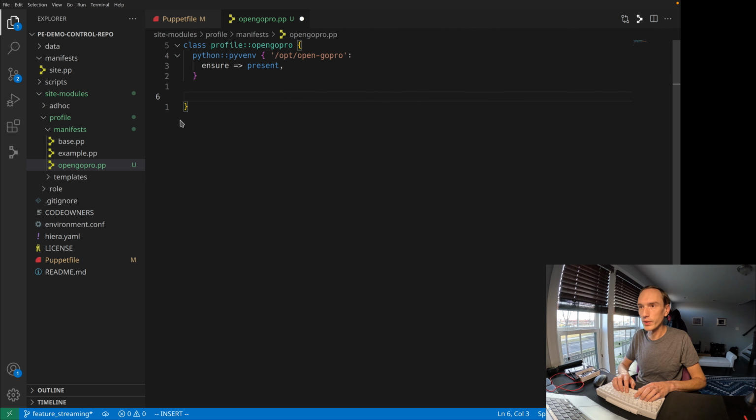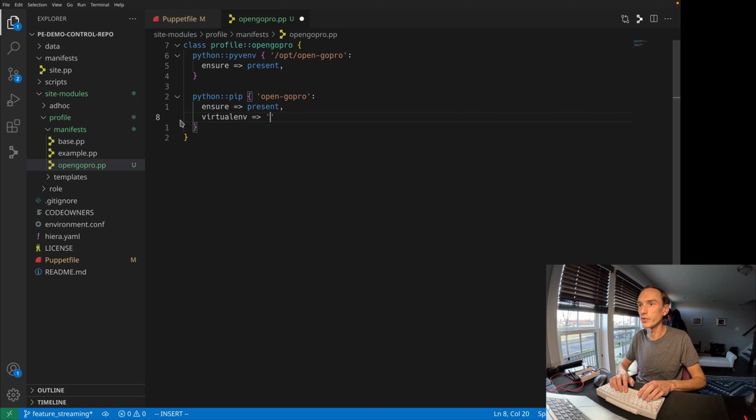Next, we'll say that we want to install our OpenGoPro package into that virtual environment. We'll say python::pip opengopro. And we'll say we want to ensure that it is present. Want to install it into our virtual environment.